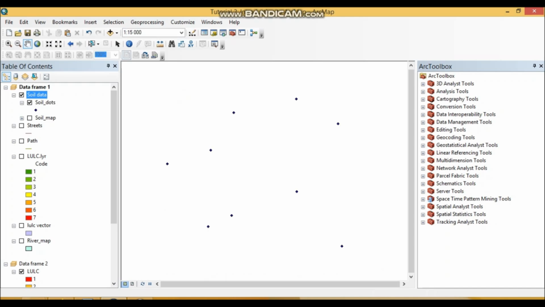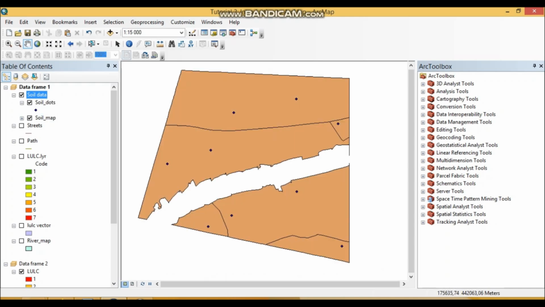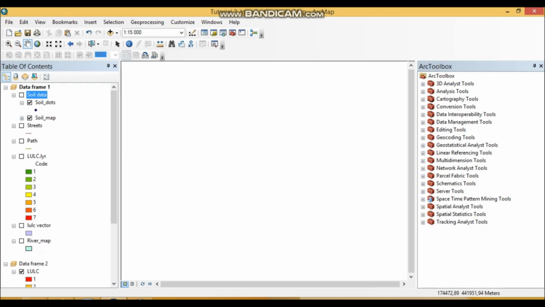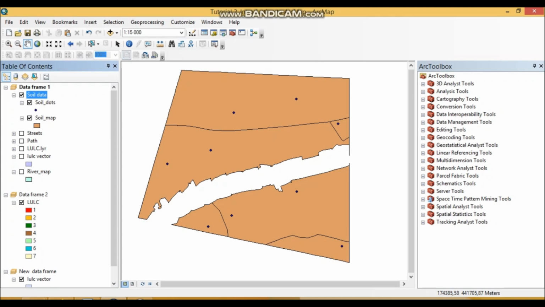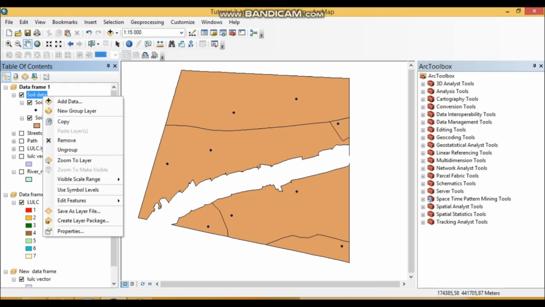Now when we create it as a group, if these datasets are active in the view window within the data frame and we make the group layer passive, both of these datasets cannot be represented on the view window. So making group layers also facilitates your work. For instance, soil dots and soil map, both vector and point data shape files, are grouped into one group, soil data, and now we can save it as a layer file